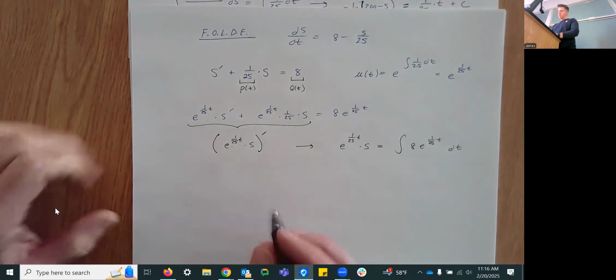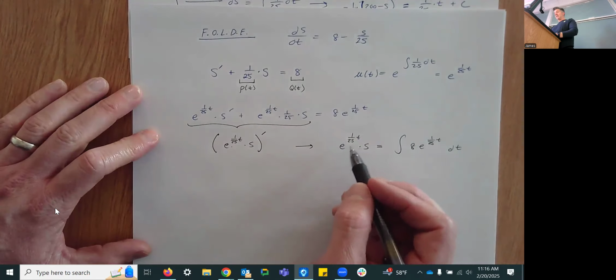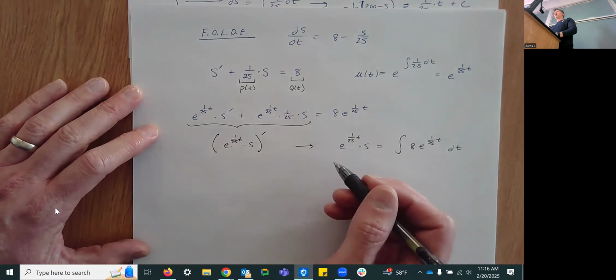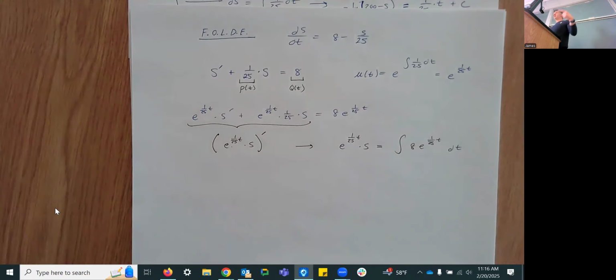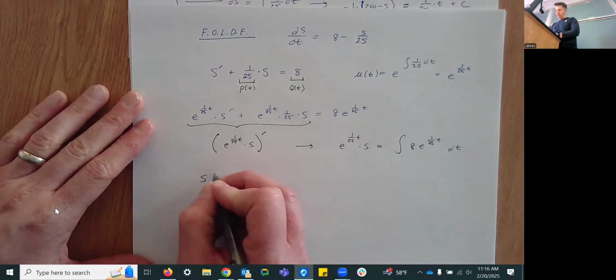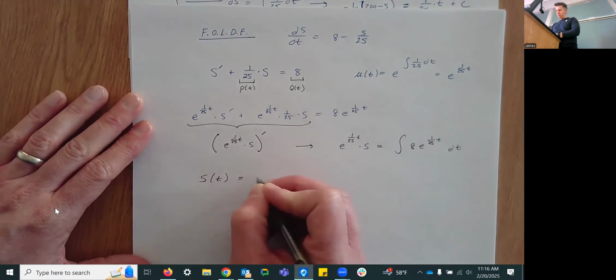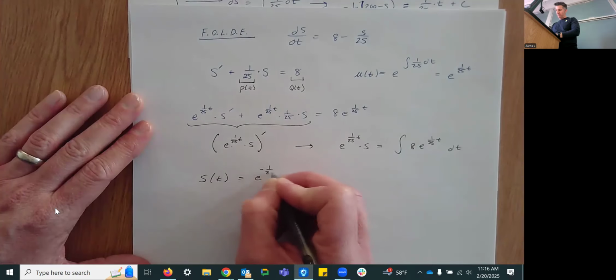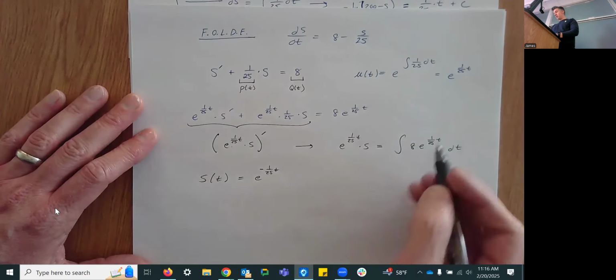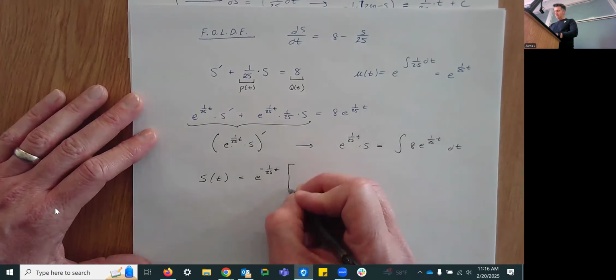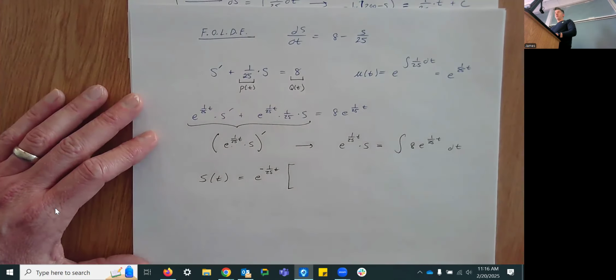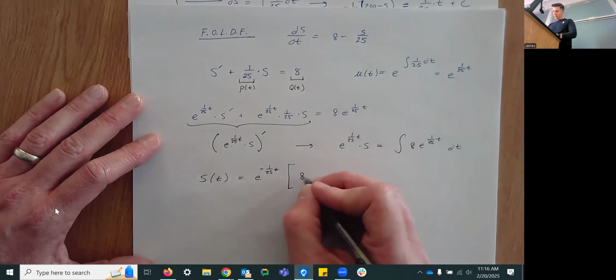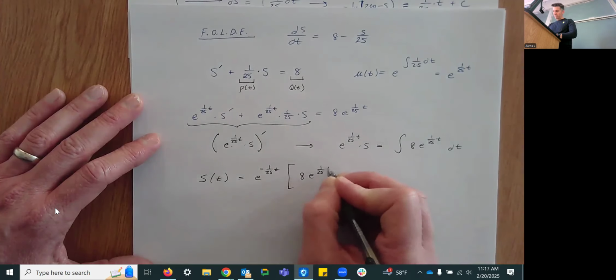Integrating both sides and multiplying both sides by e to the negative 1 over 25t. And I would rather write e to the negative 1 over 25 times t as opposed to 1 divided by e to the positive 1 over 25 times t. They're the same thing. So we're going to get s of t is equal to e to the negative 1 over 25 times t times the integral of 8e to the 1 over 25 times t, which is going to be 8e to the 1 over 25 times t